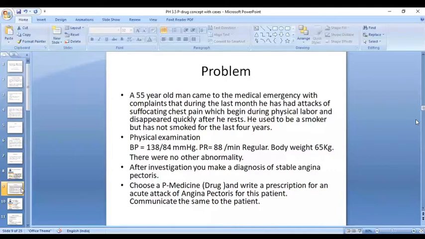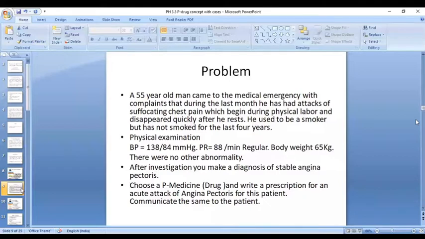The physical examination reveals that the blood pressure is 138 by 84 mmHg. The pulse rate is 88 per minute and is regular. Body weight is 65 kg. There was no other abnormality. You ask for a few investigations like ECG and all are done, and you make a diagnosis of stable angina pectoris. So there's a patient who says that he has attacks of suffocating chest pains in the last 1 month,